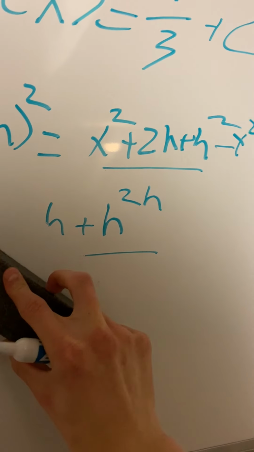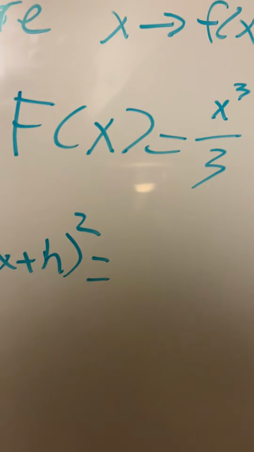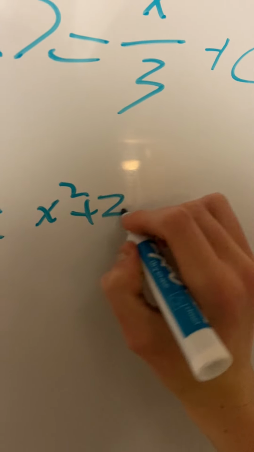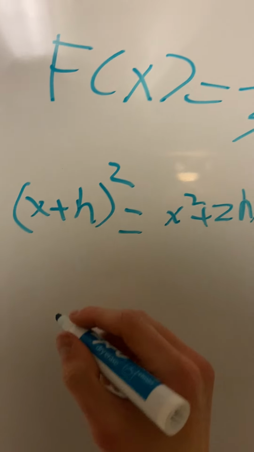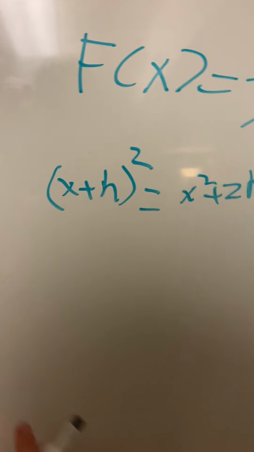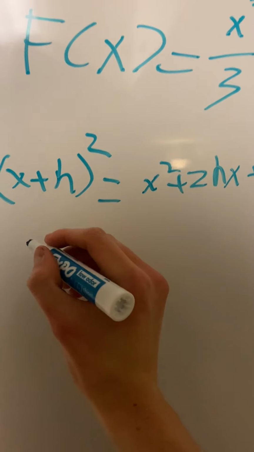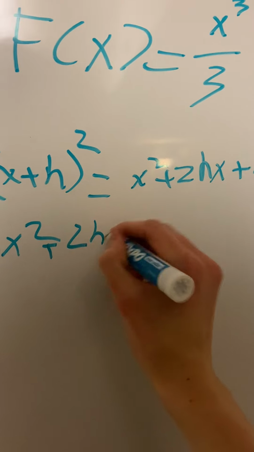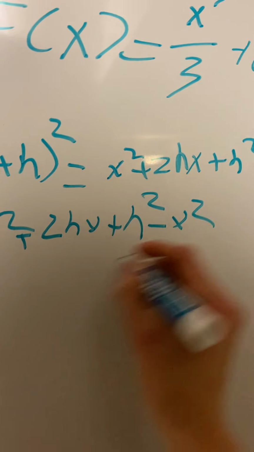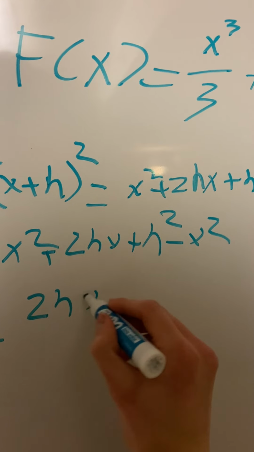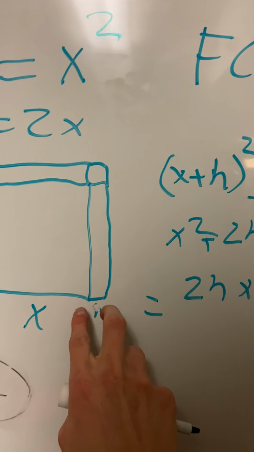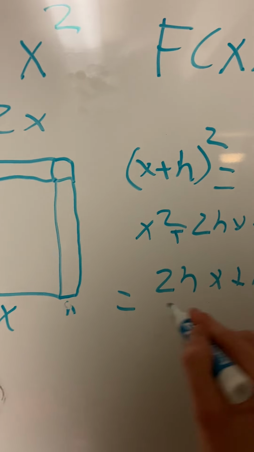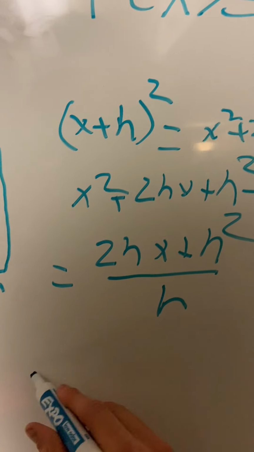Sorry, please forgive me, I forgot how to do basic multiplication. x plus h squared equals x squared plus 2hx plus h squared. We subtract the x squared to get our change, because we want to be seeing how much we've added. We get x squared plus 2hx plus h squared minus x squared equals 2hx plus h squared. And then we want to see, on average, how much this h has increased it by. We divide it by h, and we get